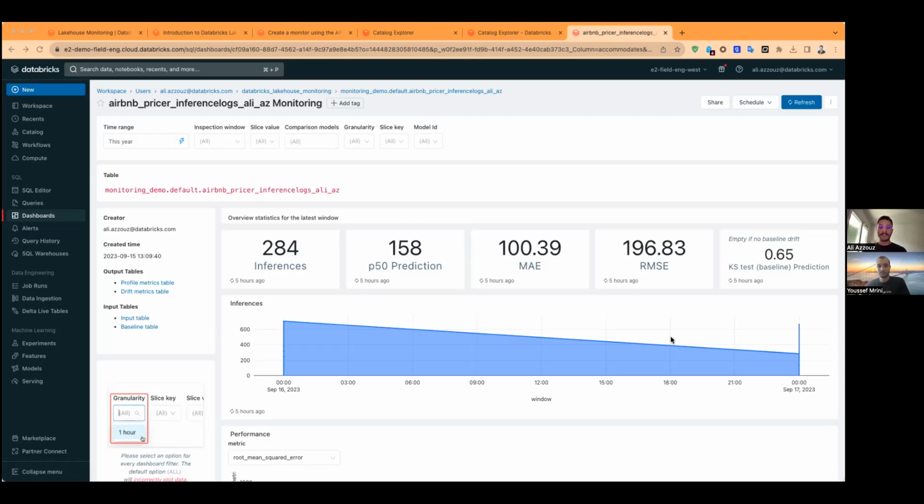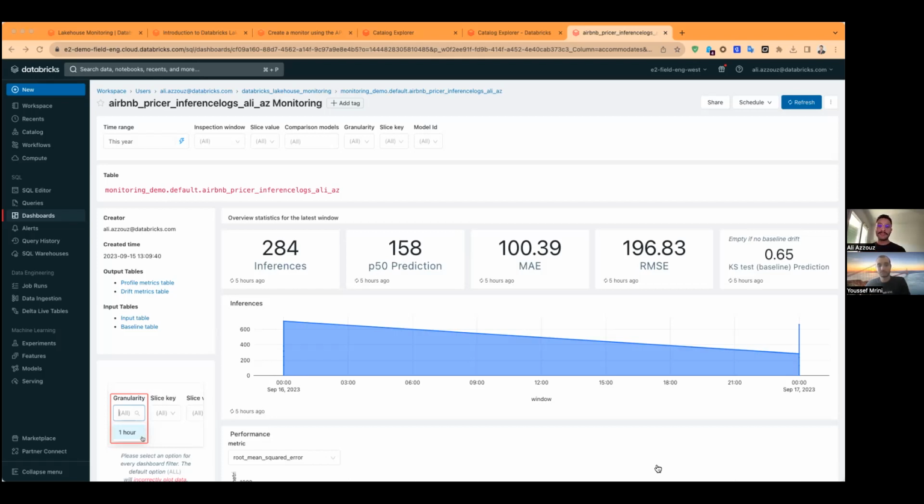And as we have added some drift in our data for the purpose of this demo, and as the monitoring does all the relevant statistical tests for us, like the Kolmogorov-Smirnov test, the drift we simulated has been identified as we have a KS value